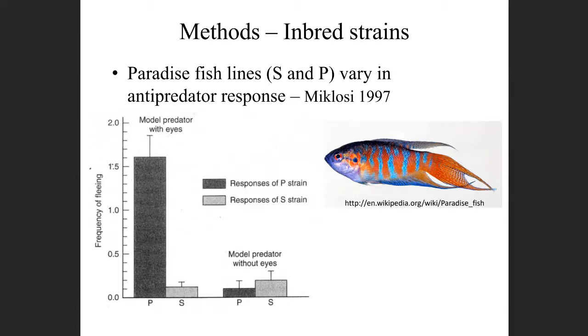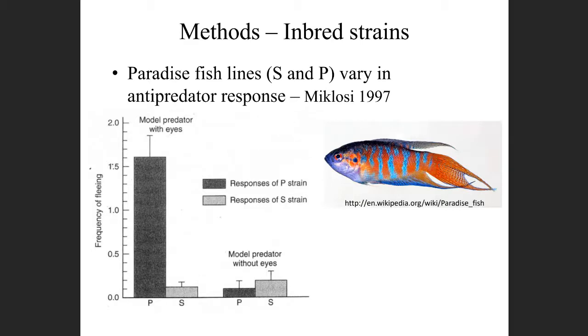So in this study by McCloskey, 1997, paradise fish, which are beautiful and are bred by breeders for their color, and so you often have different varieties, inbred lines. The whole point about inbreeding is that whatever genetic variation you have will be lost over several generations of inbreeding, and you'll be homozygous at every locus. But if you inbreed several different lines, they'll end up, through drift, fixing for different